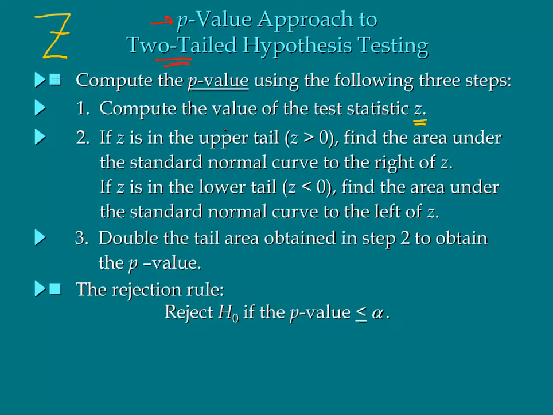Now, if the test statistic z is in the upper tail, that's to say it's positive, find the area under the standard normal curve, the bell curve, to the right of z. And if z is in the lower tail, which is to say it's negative, find the area under the standard normal curve to the left of z. So find the upper tail or lower tail area, and double the tail area obtained in step 2